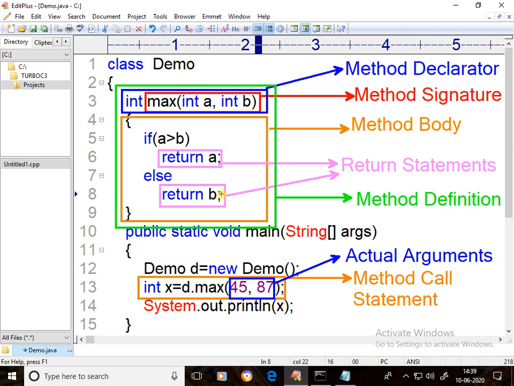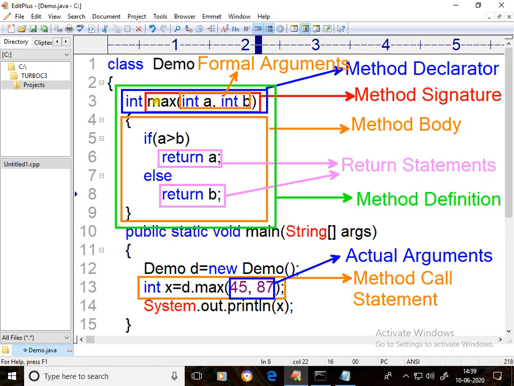The arguments whatever we define in the method definition are called formal arguments. Arguments we can call parameters also. These are called actual parameters, these are called formal parameters.